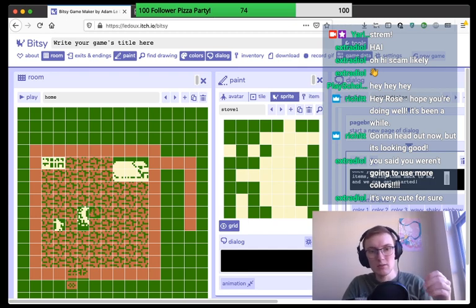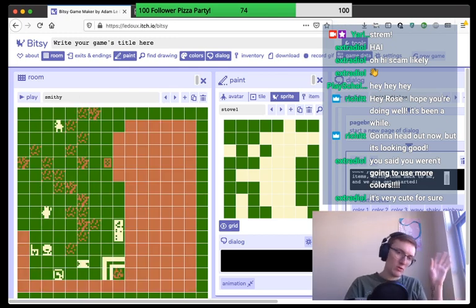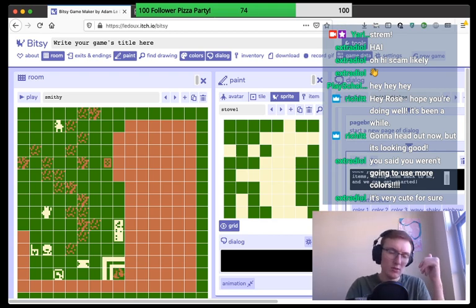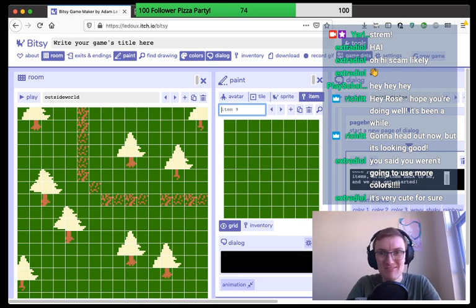Okay. But you know what? That's okay. So let's add those items. Even though I still don't know, I want to figure out a way to get these trees so that you can't just pick up the tree, because right now you can just pick up the tree, which is weird. I want to fix that, and I'm not sure exactly how to do that, but for later,